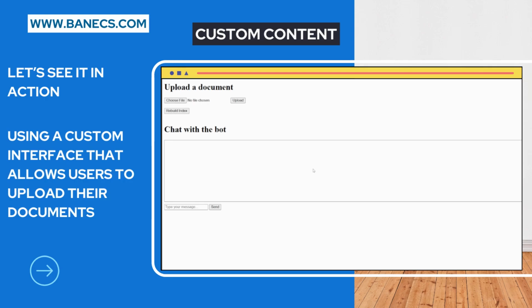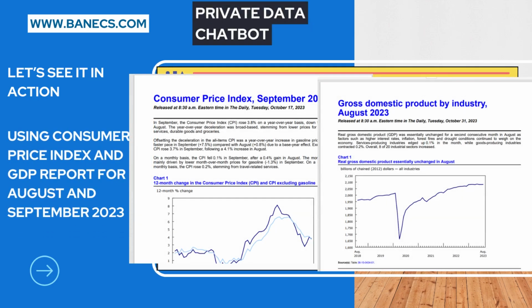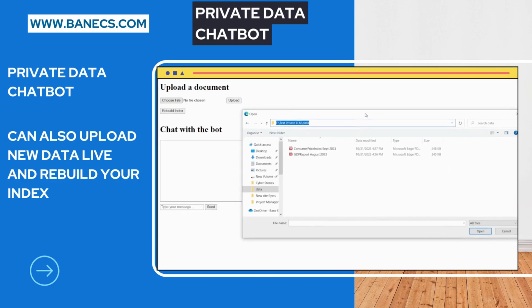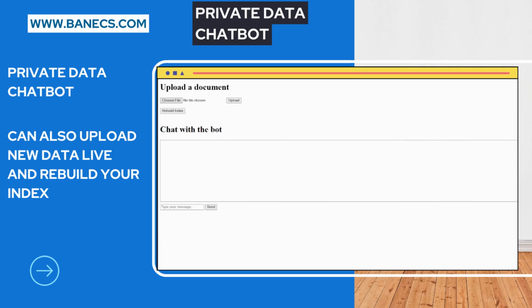And get the app working. First steps, I've already uploaded the data, but what I uploaded here is just stuff on GDP and on the consumer price index as well. I thought that would be a good little test. But if I wanted to add anything, I could just grab whatever data I wanted and choose the file, just a normal file chooser. You can see here that this is the data. When you choose one of these, I don't want to choose the data that's already in the data folder, it'll confuse it, but it uploads it to our data folder, and then we rebuild what we call the index. The index is where it stores all the information,